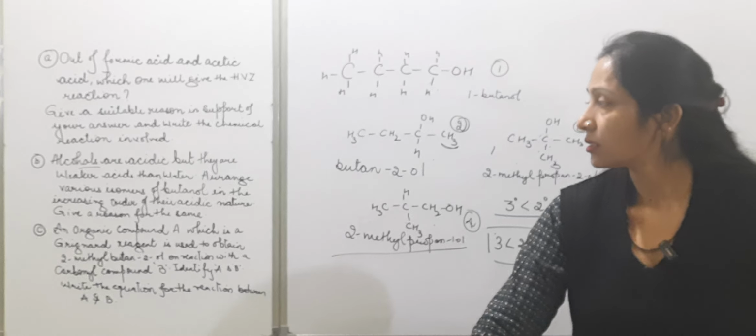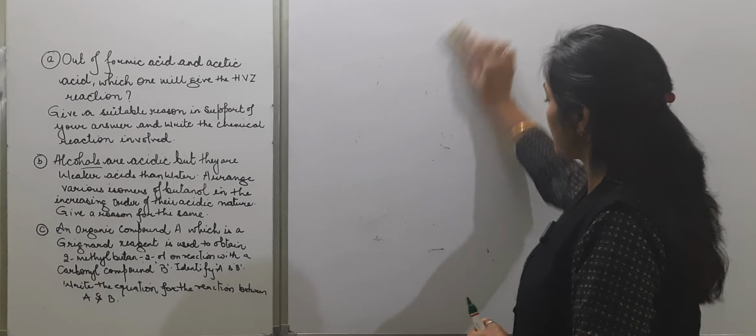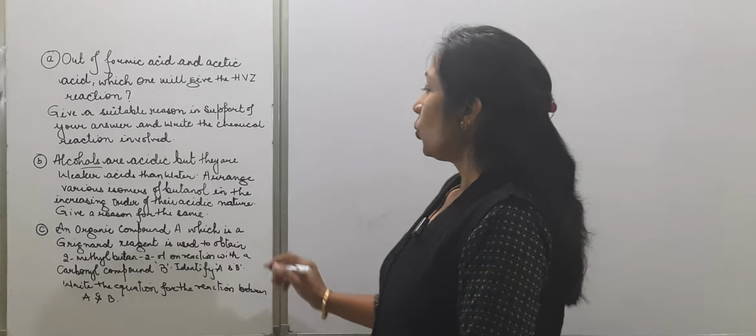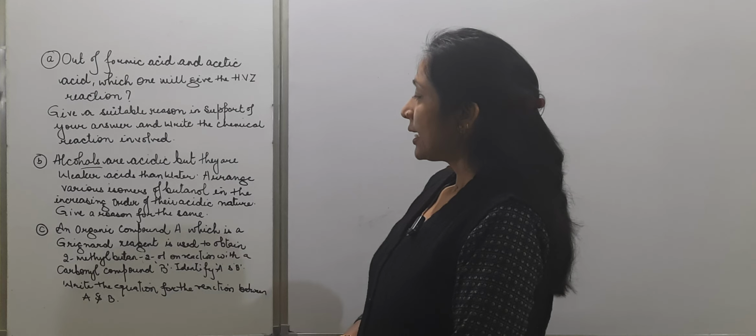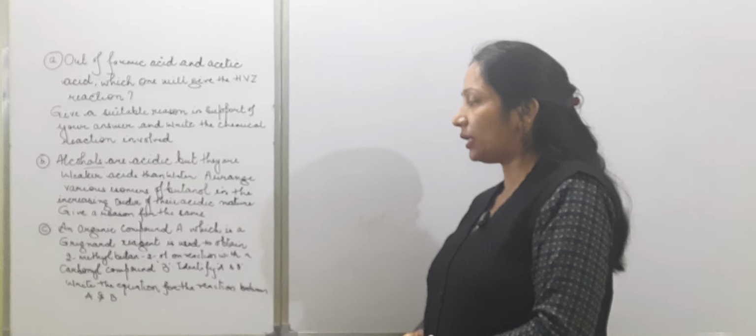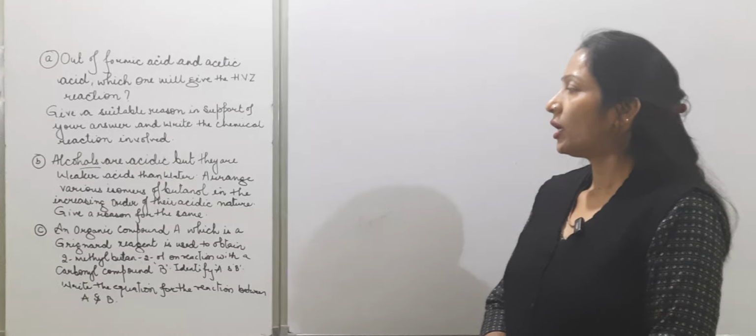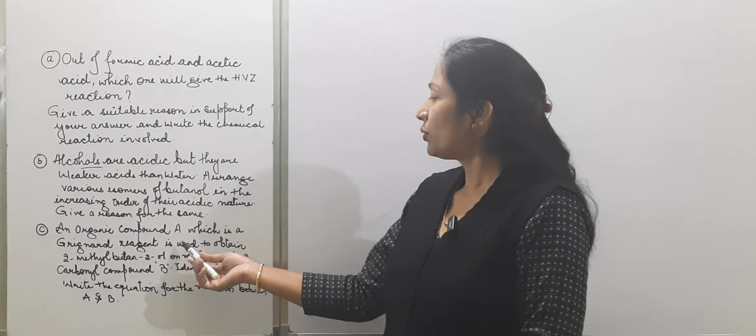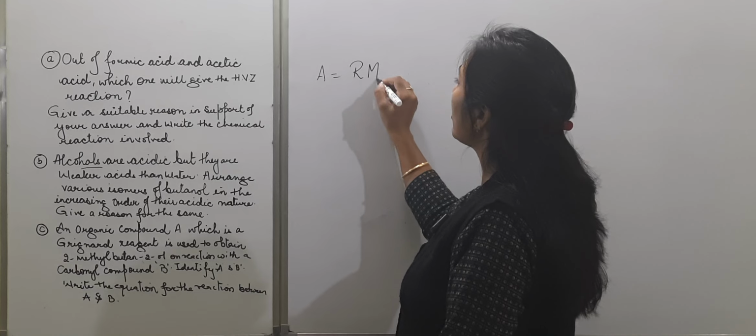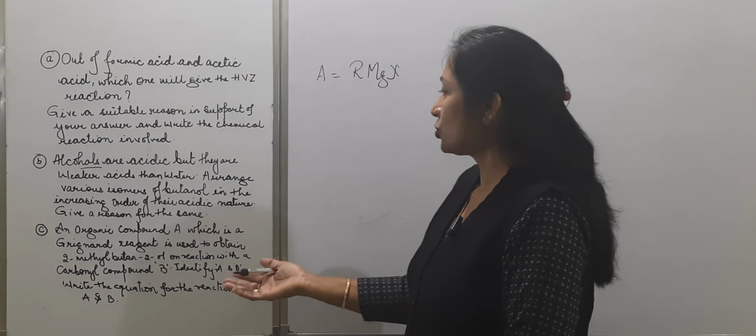Now the last question of this 5 mark is that an organic compound A, which is a Grignard reagent, is used to obtain 2-methyl butane-2-ol on reaction with carbonyl compound B. Identify A and B and write the equation for the reaction between A and B. So what is written in the question: an organic compound A which is a Grignard reagent, means A is a Grignard reagent, and the formula of a Grignard reagent is RMgX,